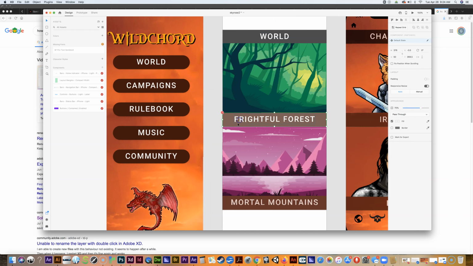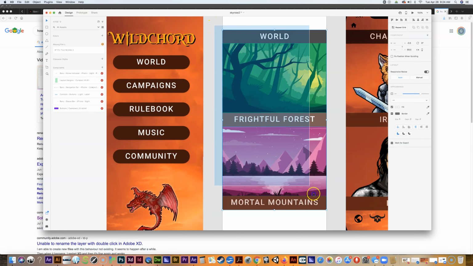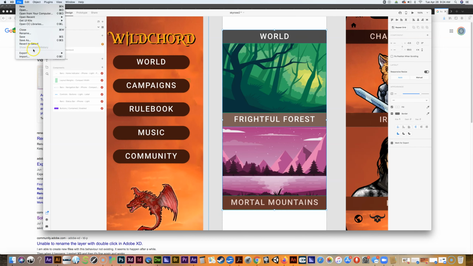Some of these other banners, I just call this FF because it's a really short name and I want to deal with short names. If I wanted to, I could have typed frightful underscore forest, right? And then this one I just named MM. This one I named mountains, and this one I named forest. Okay, and then after I renamed each of them with a plugin, I simply dragged my cursor around all of them, and then did the file export